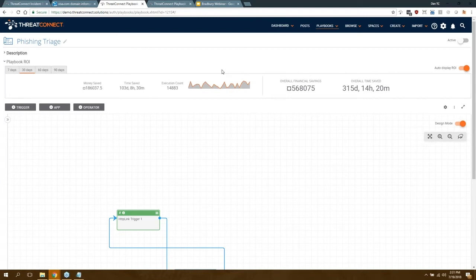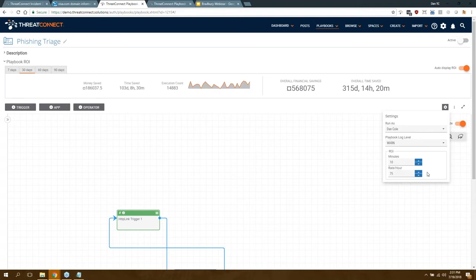When you turn that 30-minute process into a playbook, which is more or less instantaneous, you've now saved 30 minutes plus however much money that analyst's time would cost you. Not just in terms of the analyst's cost to the business, but the fact that that analyst is basically doing a manual, tedious task instead of focusing on analysis. So when I come to the options for this playbook,